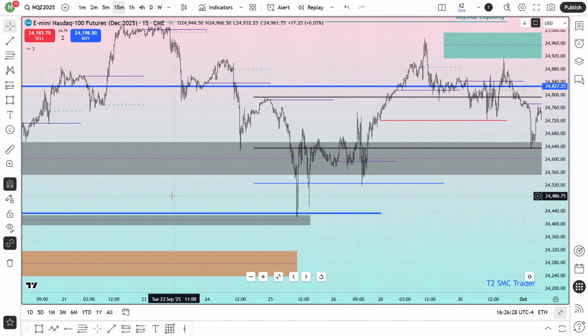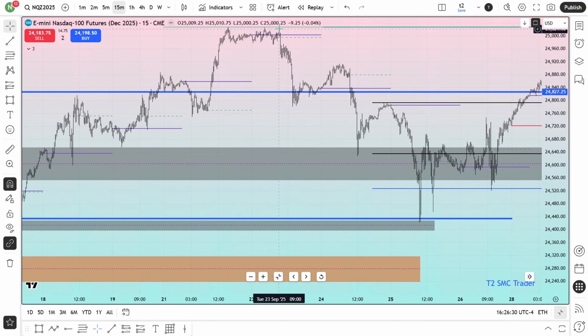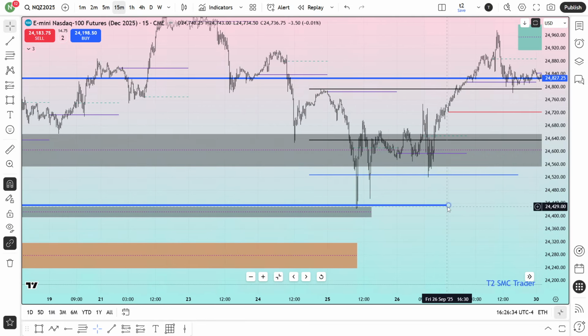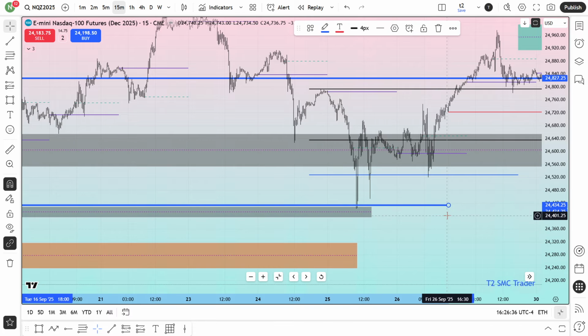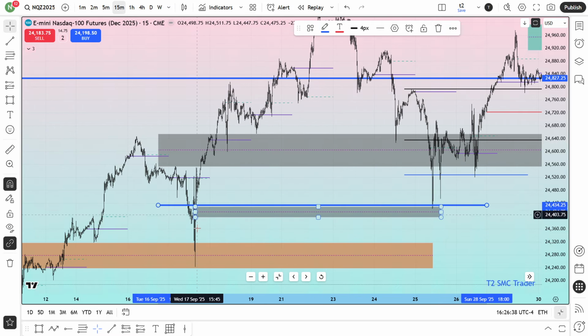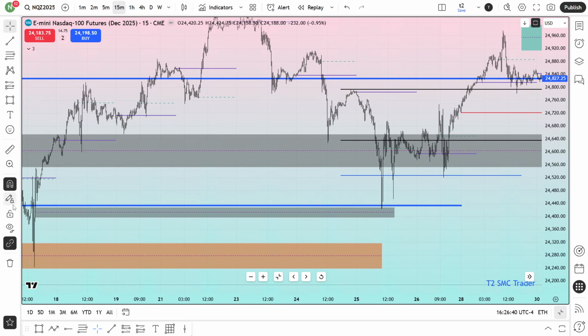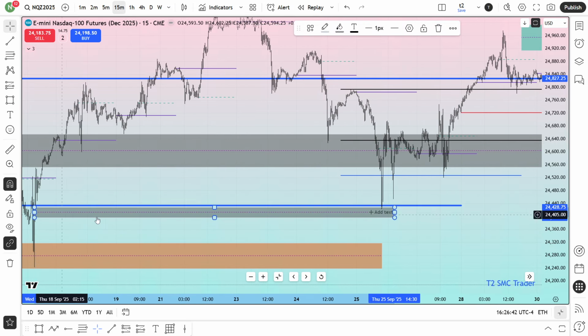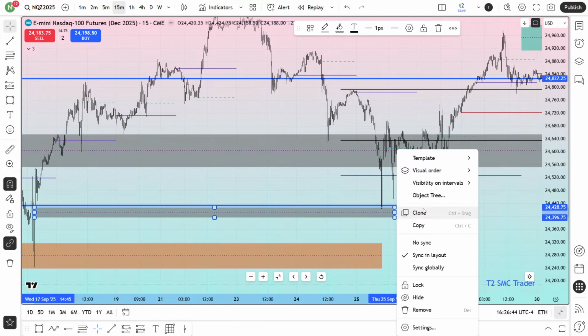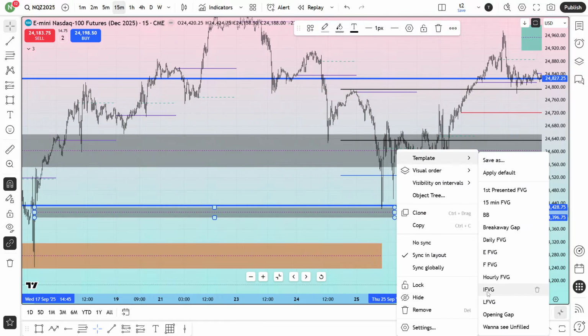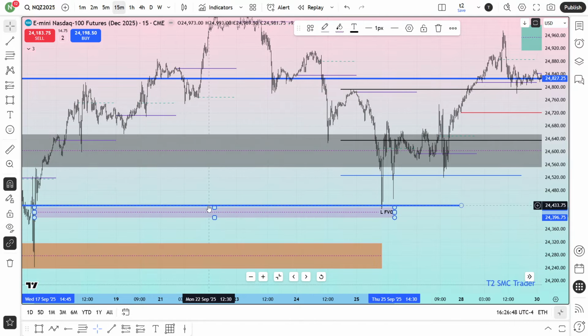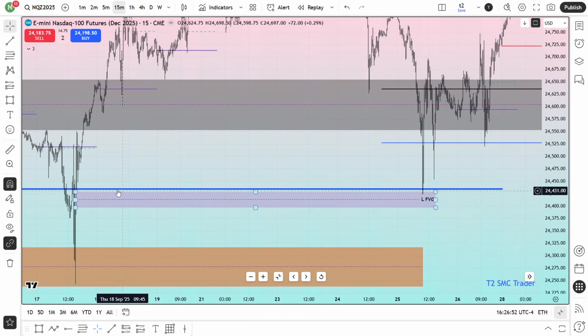First, I would love to draw your attention to when this market came here. I have explained again why it was falling, and where it came to the upper quadrant. This was the upper quadrant of that daily week. More importantly, it has tapped to the 15-minute last fair value gap. I called it the last fair value gap. Again, if you are really interested in this last fair value gap, please watch that video on the fair value gap concepts. I have already explained over there what is last fair value gap, what is anti fair value gap.